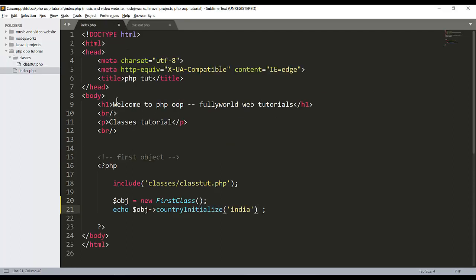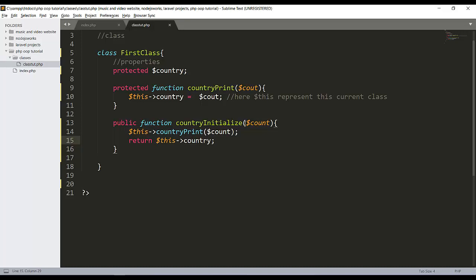After that there is index.php, and we get a new object of first class here, and first of all we have to include this class here. After that we call this property here, and we pass the argument, the India value here. So India will be copied to this dollar sign country, and same as this also, because we call this function here.